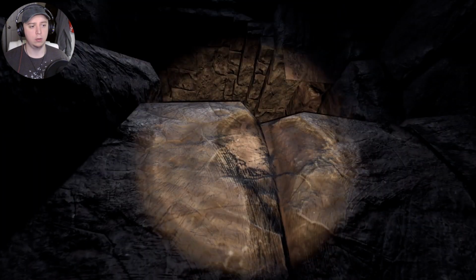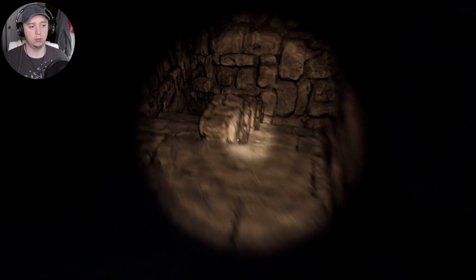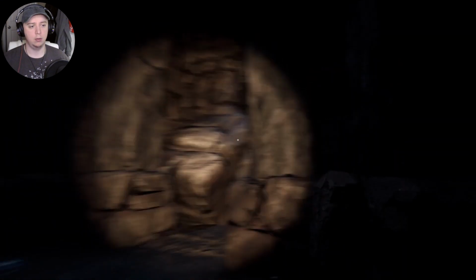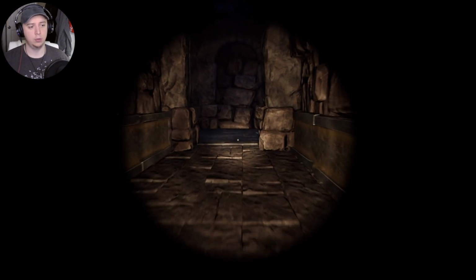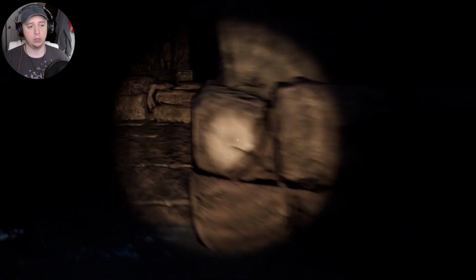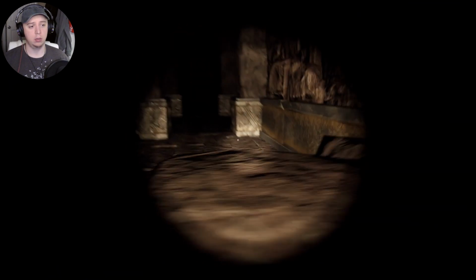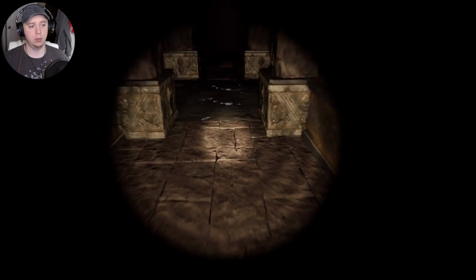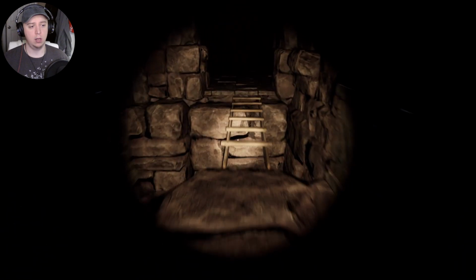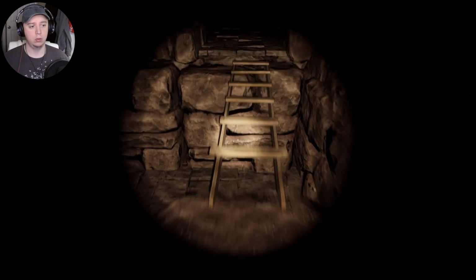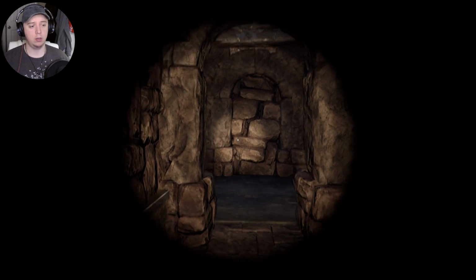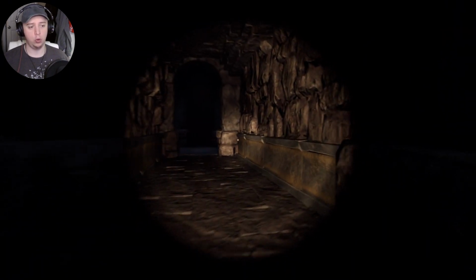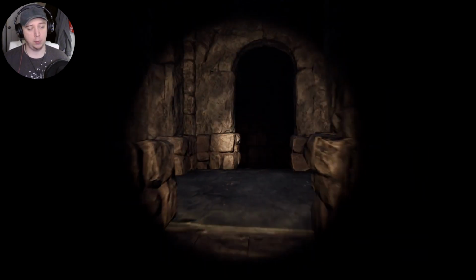Okay. Maybe we can use the ladder to get up there. This is a dead end. Oh, we need to maybe go get our ladder to use it again. I was thinking we would just spawn... Oh, shiz, dude. Here we go. I was thinking we had like a pocket dimension. No! I want it back. There we go. Some kind of pocket dimension backpack that we could just pull endless ladders out of. You know, that'd have been pretty cool.